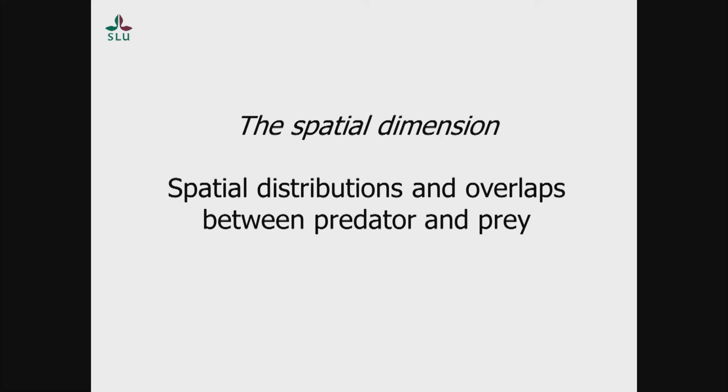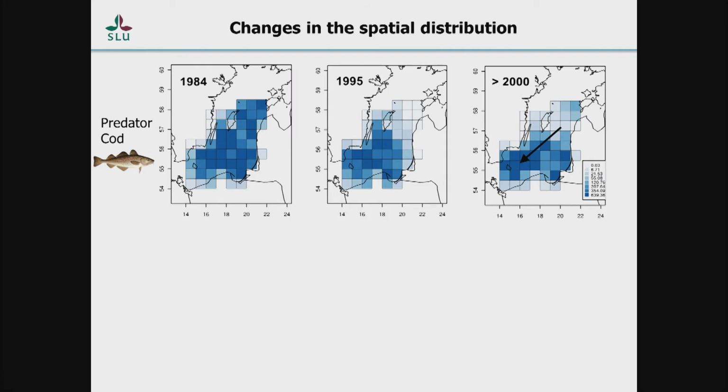Then we wanted to look also at spatial distribution, spatial change in these biological properties. And what we see is that if we go back in time, actually the cod was distributed everywhere in the southern Baltic Sea. Nowadays, we have cod mainly in what is called the Bornholm Basin, so it's the southern Baltic. So it's been a big shift from the distribution of cod from being uniform in all Baltic to be concentrated